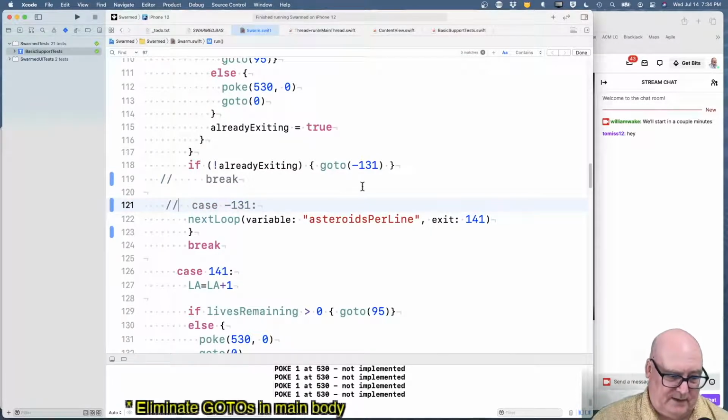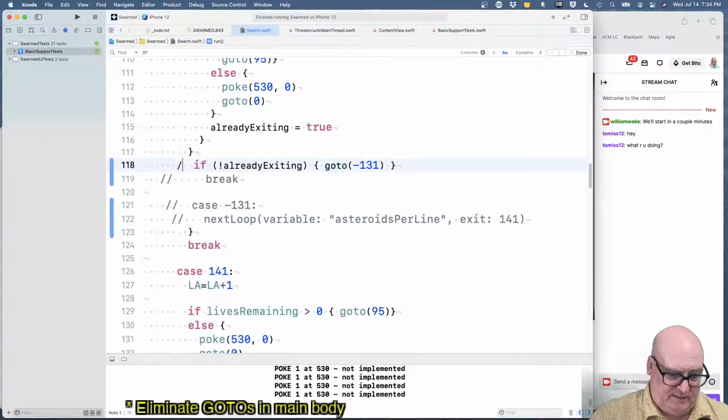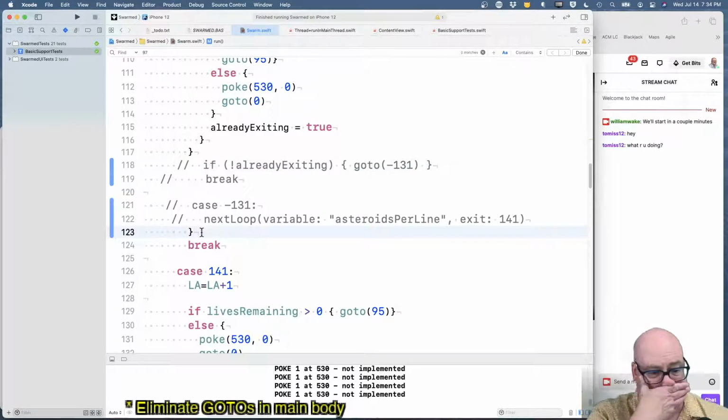Okay, now this go to 131, that's going to the loop exit. Okay, so this should not matter at this point. We've gone to 131. Okay. But we still want to